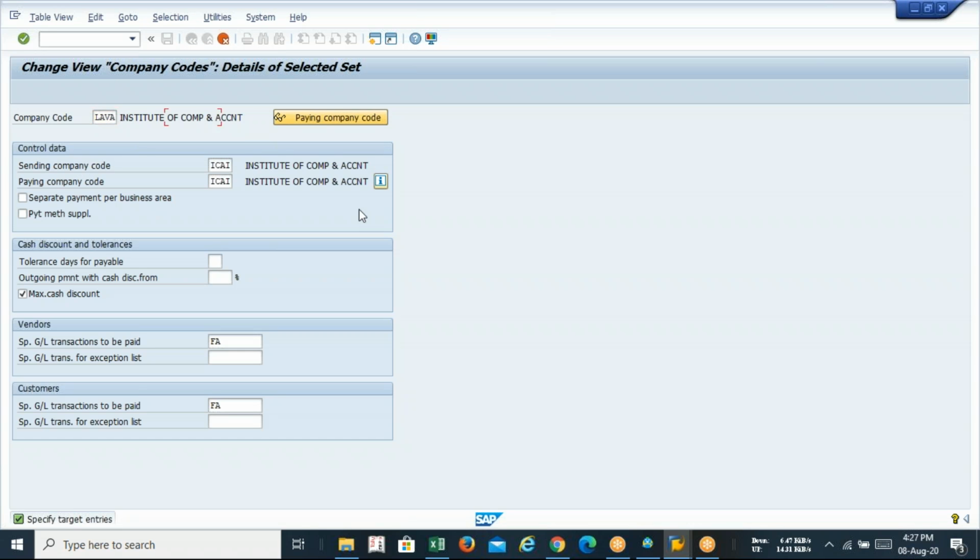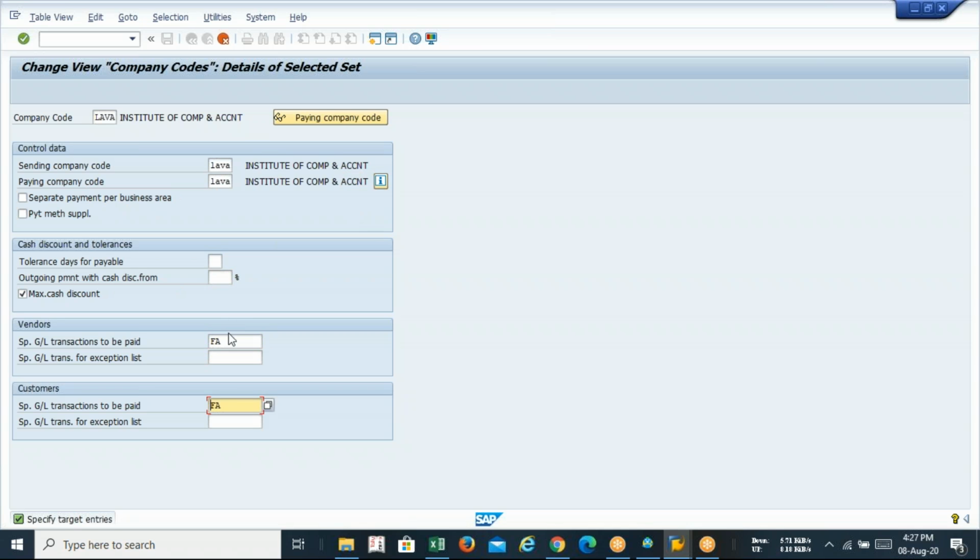The similar thing we have done with plant creation and storage location creation. Since the same configuration will be there, why would I waste my time? I simply use it.